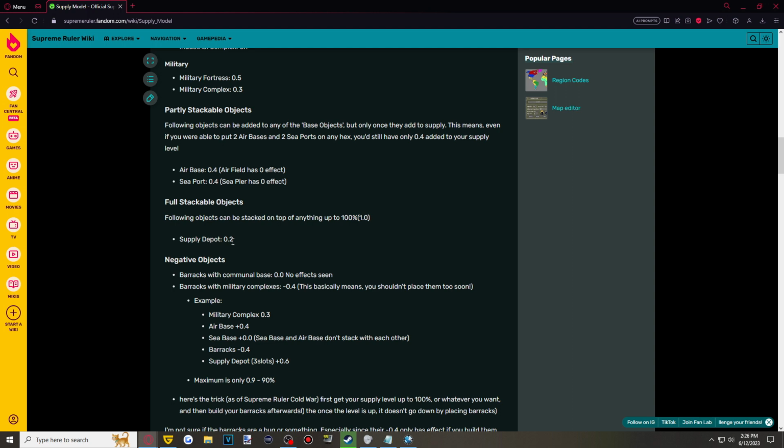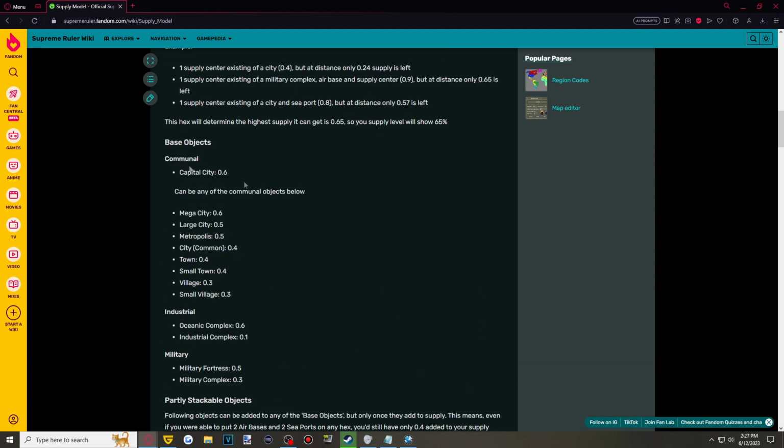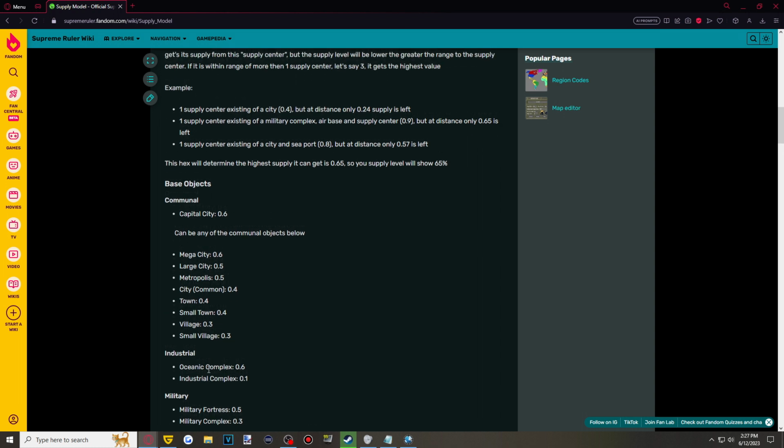So if you're looking to build supply hubs, supply depots are a solid choice because they are cheap and they are effective. If you're looking for some more utility, look at making maybe an airbase, maybe a seaport, maybe both, and also look at what you put as the base of what you're building on top of it. If it's a big city, you won't actually need that much. If it's a military facility, well, maybe you might want to just splurge on the fortress instead of the complex if this is supposed to be a super ultra well-supplied, well-defendable location. But that is basically how making a supply hub works, and that is every single mechanic that functions around it